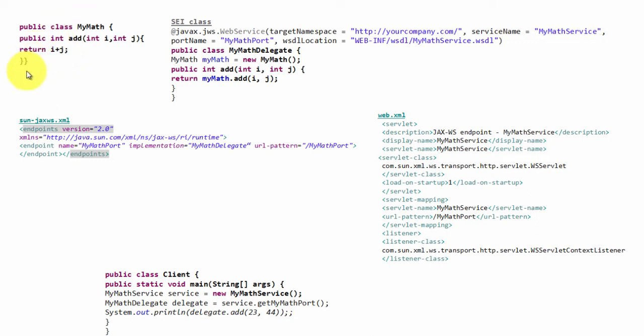For that, this particular logic should be exposed and the communication should happen through SOAP format. Messages should be sent and received with SOAP format. The client should send a SOAP message. The server should receive the SOAP message and send the response SOAP message. All this should happen dynamically. For any logic we have written, the framework is responsible to dynamically generate the SOAP response, and also to dynamically read the SOAP request.